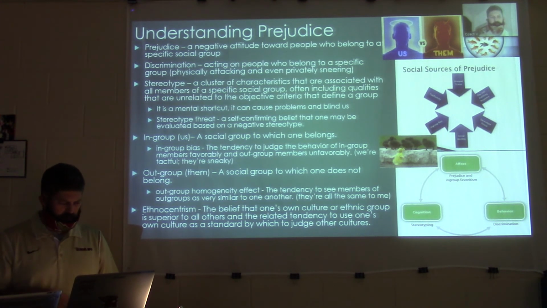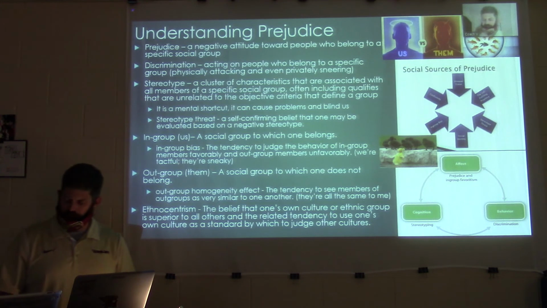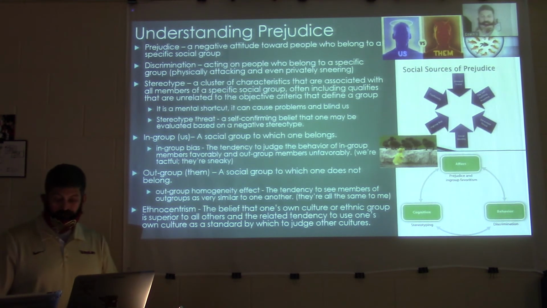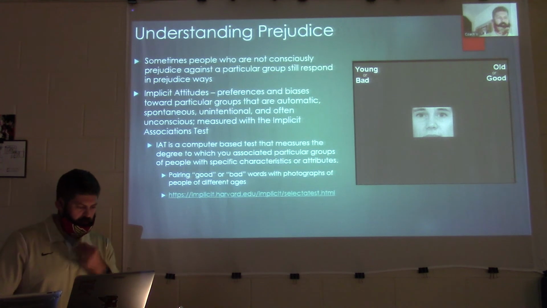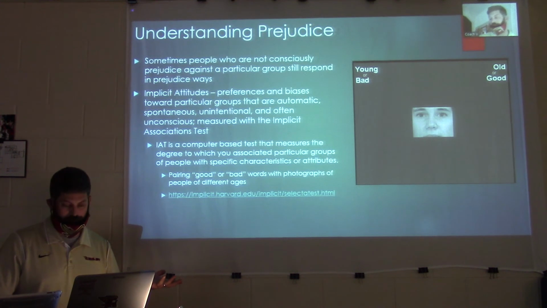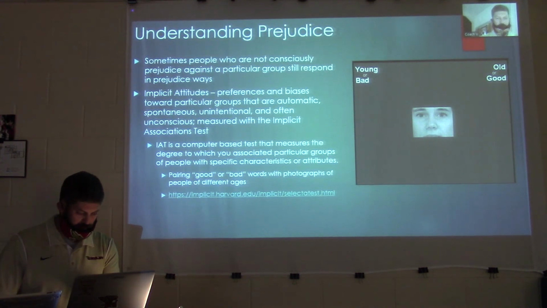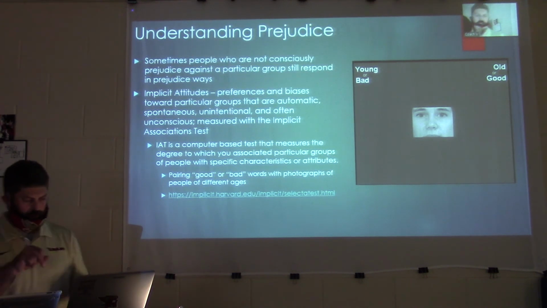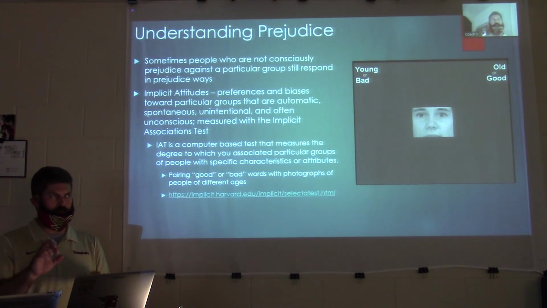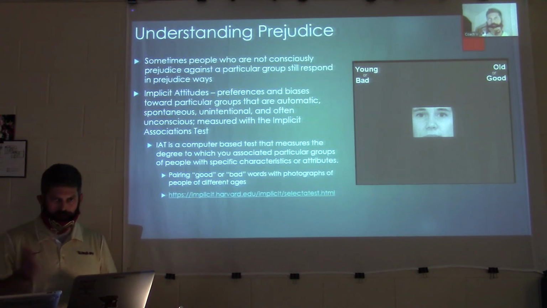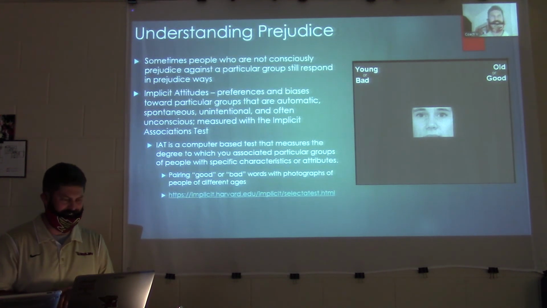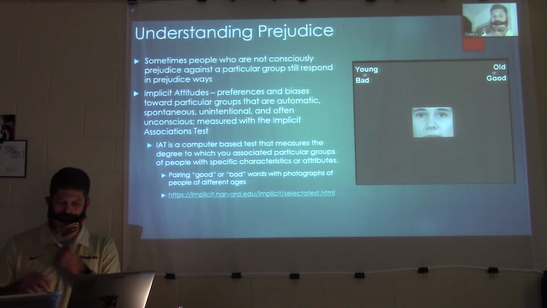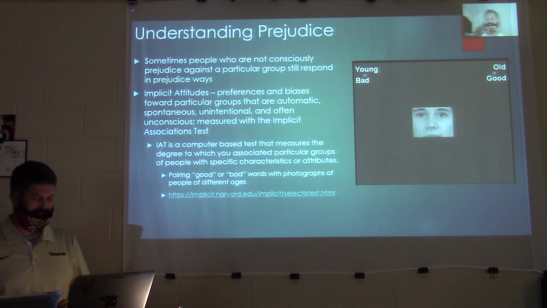And then ethnocentrism, we've gone over before. It's judging other cultures by your own and thinking that your own is the best. Americans do that a lot. Implicit attitudes are attitudes you have about things that you don't know you have. I took this test at UNCW once before. It's so funny. You find out if you're an ageist or not. You click these buttons and pair these words and these faces with each other, and then all of a sudden the test comes back and they're like, you hate old people. You're like, what? I didn't even know this was what the test was. I was just looking at these people's faces and pressing these buttons.